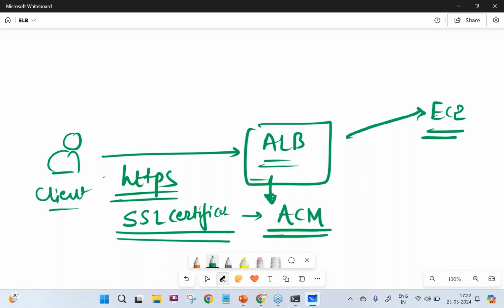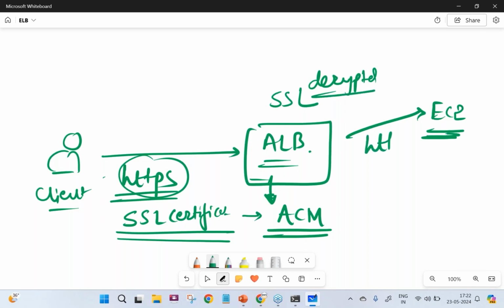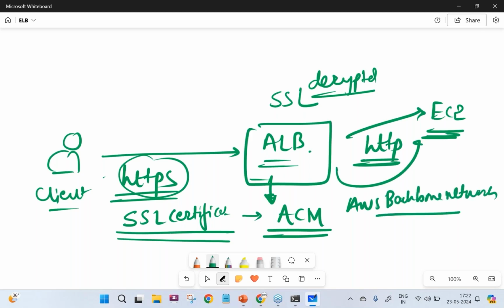So from client to ALB, the traffic is encrypted, and at the ALB the SSL connection is decrypted or terminated. From ALB to the EC2, the request flows via HTTP, and here the traffic is within the AWS backbone network.